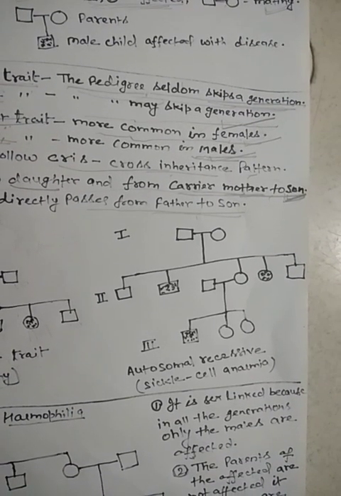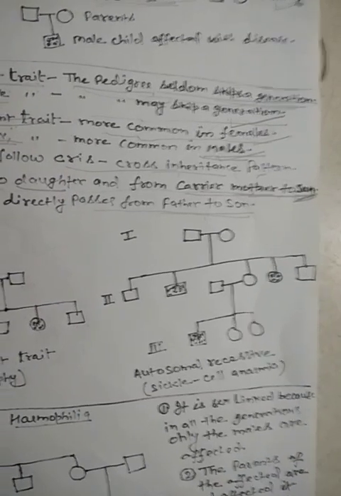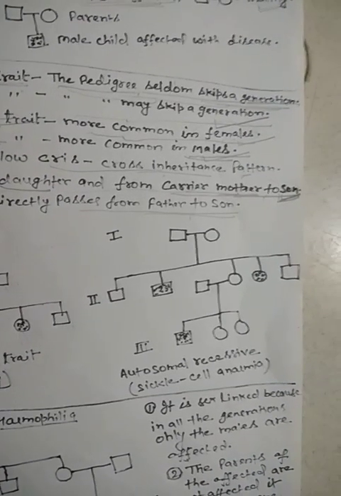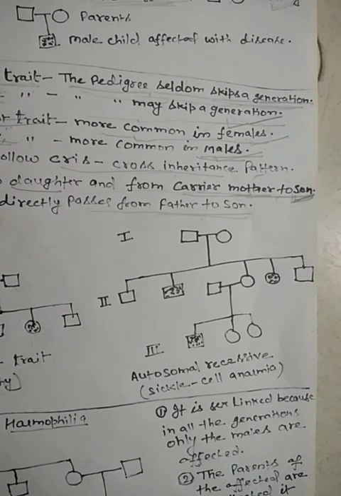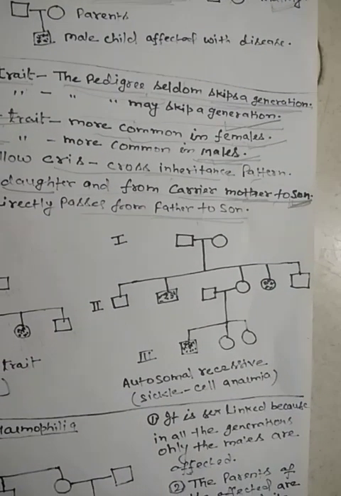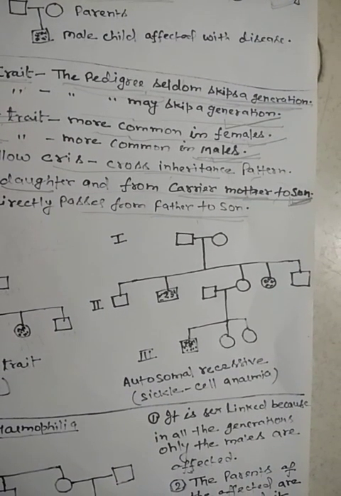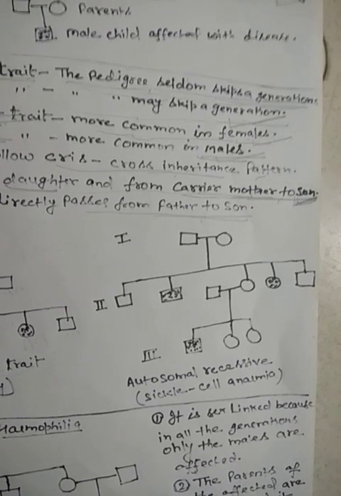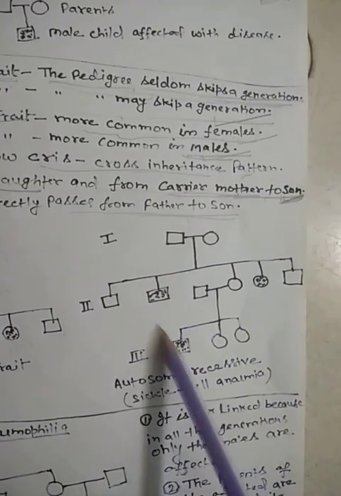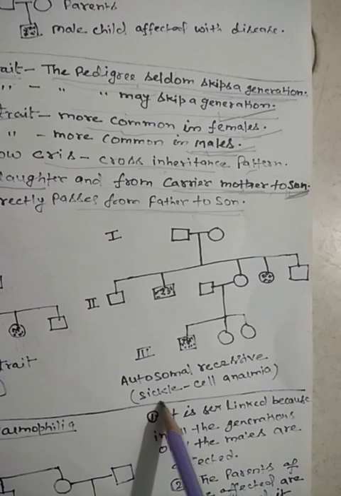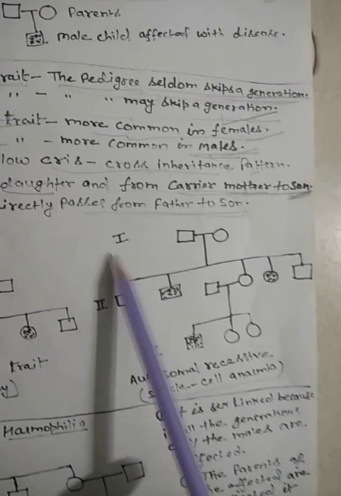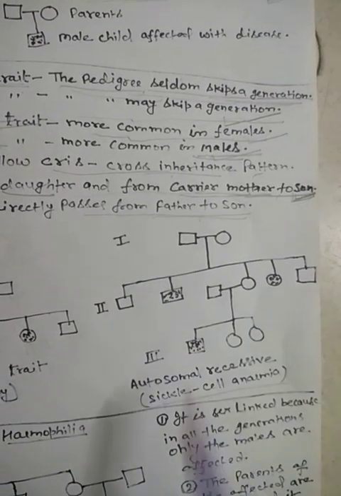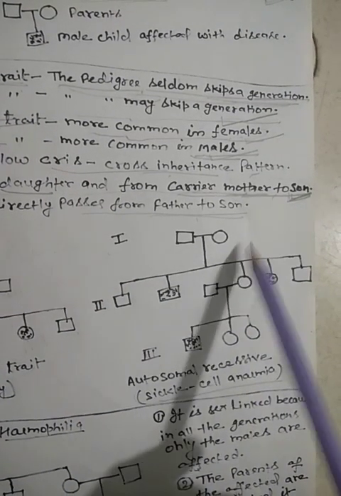So if these disorders follow the Mendelian pattern of inheritance, the traits may be dominant or recessive, like the Mendelian traits. Likewise, these traits or disorders may be sex-linked or autosomal. So, suppose a pedigree chart is given to you. This is the pedigree chart for sickle cell anemia in three generations of a human family.